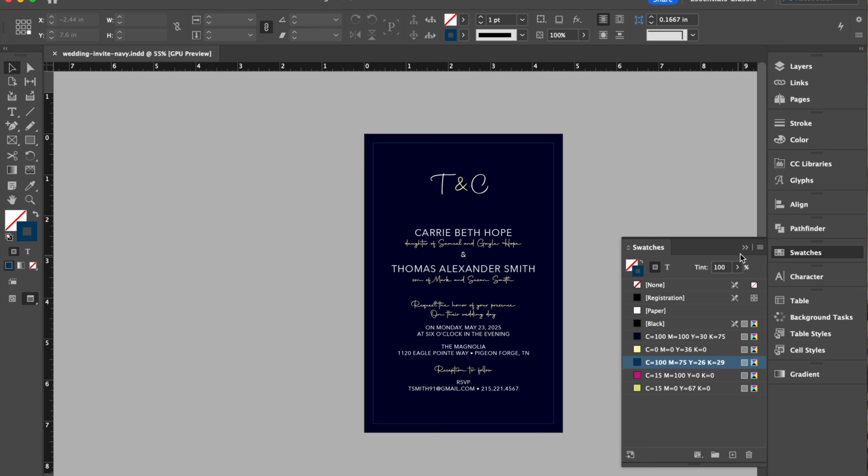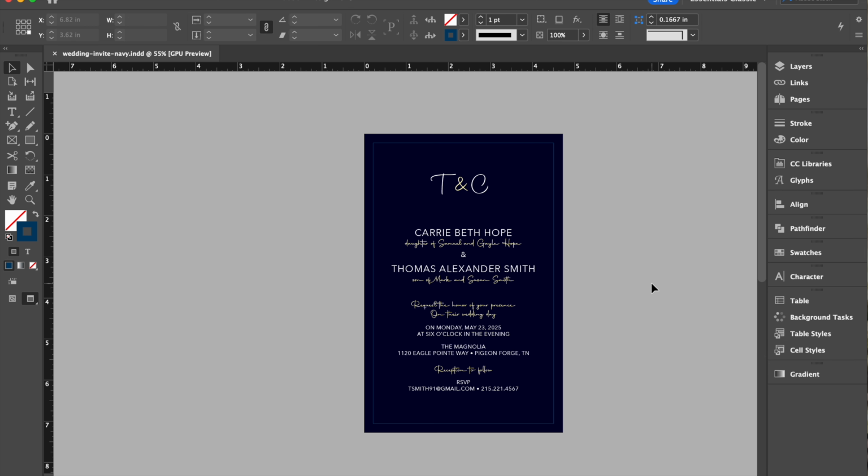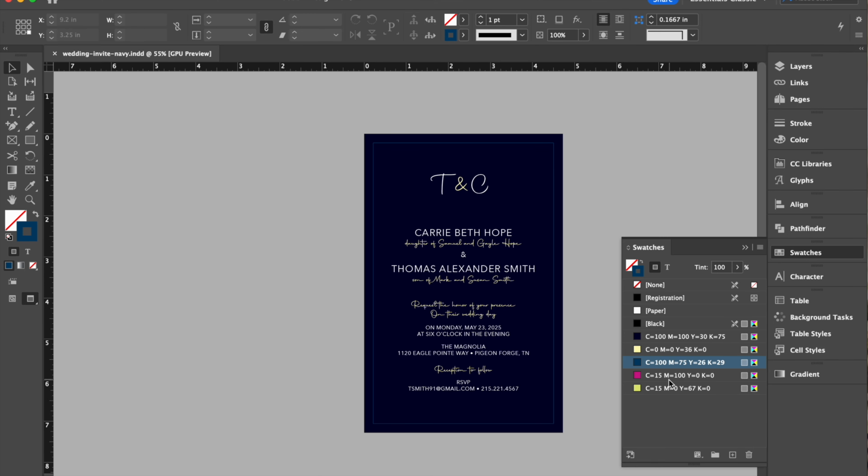All right, so if you're not familiar with swatches, this is just the different colors that you're going to be using in your document. So right now, with this fun little wedding invitation that I have, some of these swatches I'm using, some of them I'm not, but the first thing we want to see is how would you create